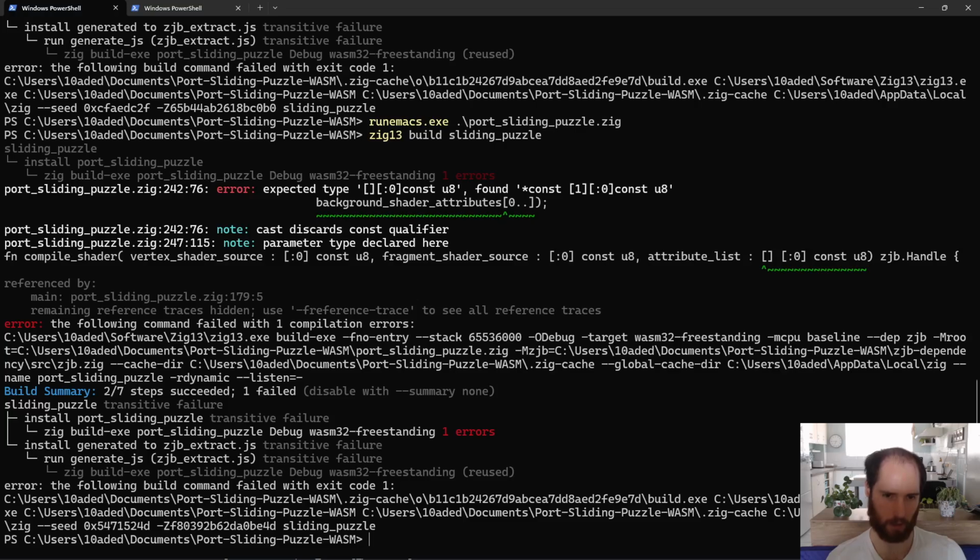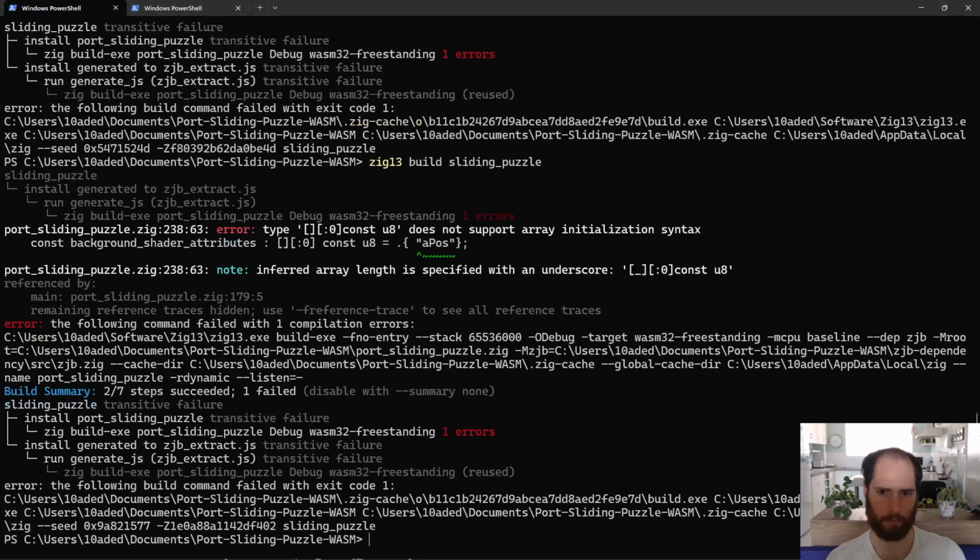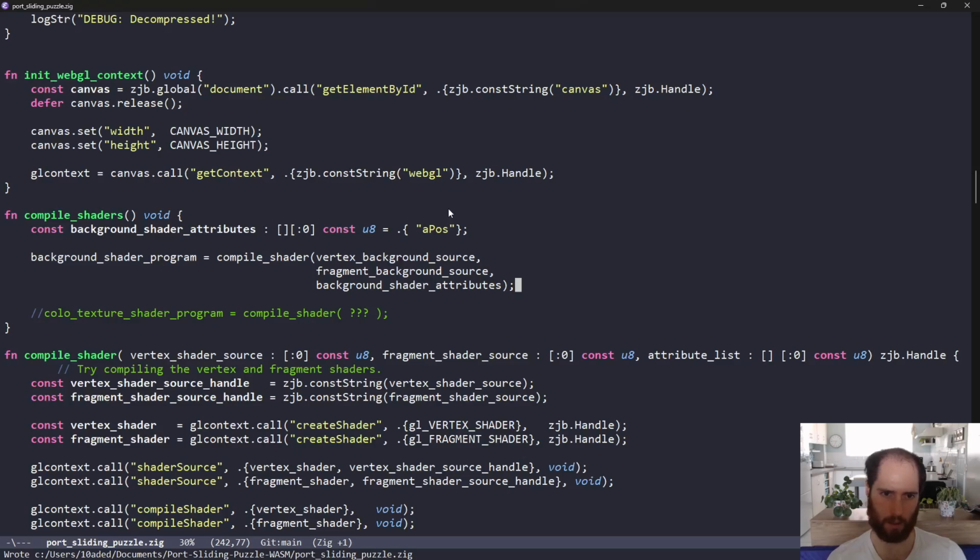Unless we can actually just define this as a slice in here. Does not support array initialization syntax. Okay, so yeah, define it like this, and then